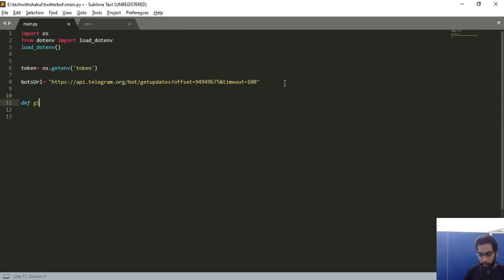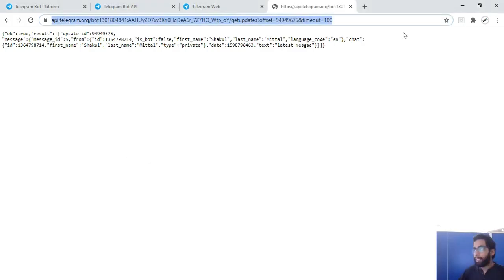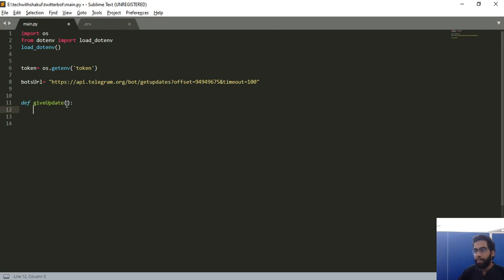So give_update. Now as I discussed, I need the offset as one of the parameters. In the beginning the offset will be none, so I'll create offset equal to none to start, and I'll pass on the updated offset as I get it.